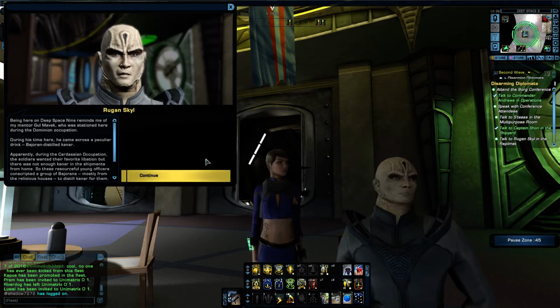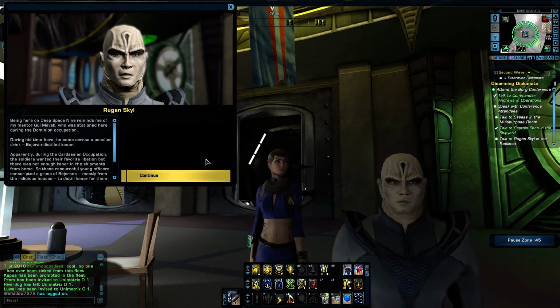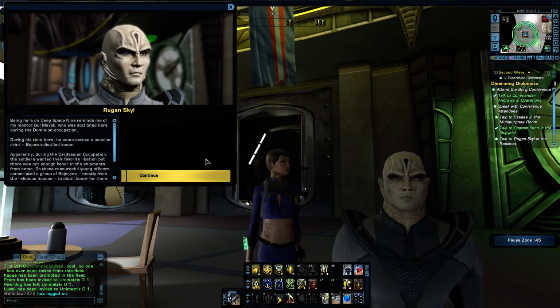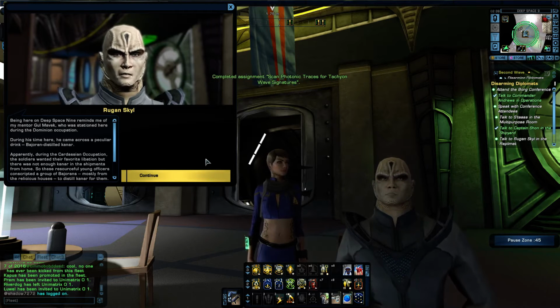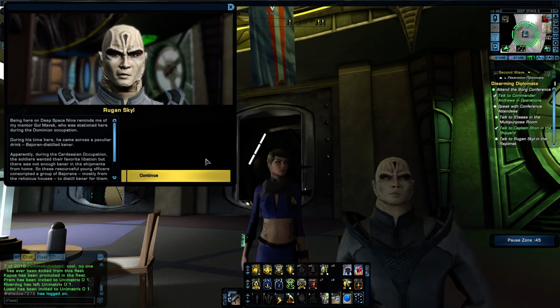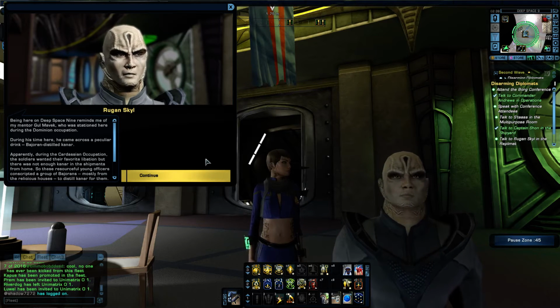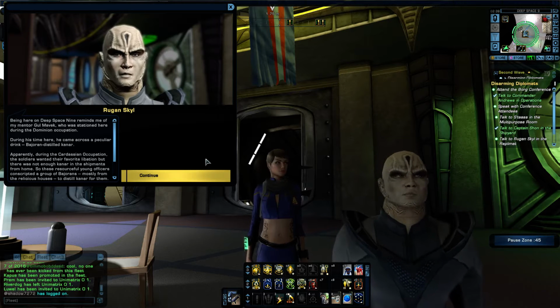Being here on Deep Space Nine reminds me of my mentor, Gul Mavek, who was stationed here during the Dominion occupation. During his time here, he came across a peculiar drink, Bajoran distilled Kanar. Apparently, during the Cardassian occupation, the soldiers wanted their favorite libation, but there was not enough Kanar in the shipments from home. So these resourceful young officers conscripted a group of Bajorans, mostly from the religious houses, to distill Kanar